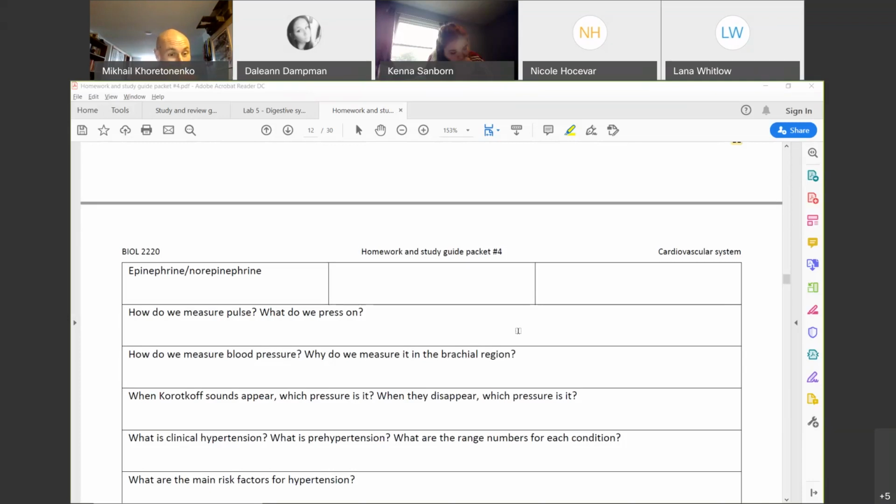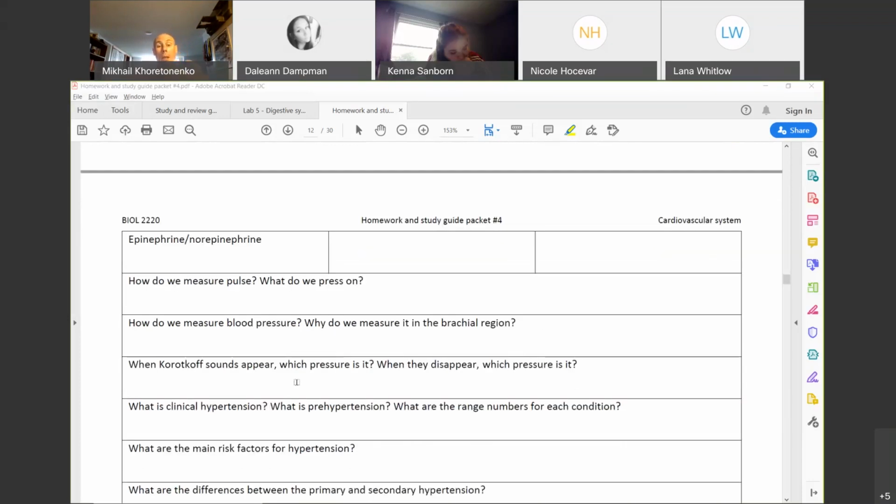Okay. So when we start to release the pressure, Korotkoff sounds appear, that's the systolic pressure. When they completely disappear, that's the diastolic pressure, because when it disappears, there's no resistance to pumping. Clinical hypertension is 140 over 100, but I'm not going to ask you those numbers. Main risk factors: eating a lot of salt, having diabetes, being obese,